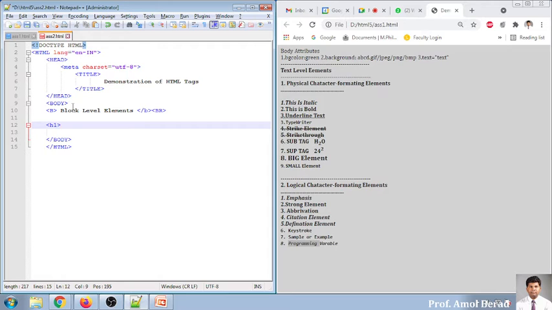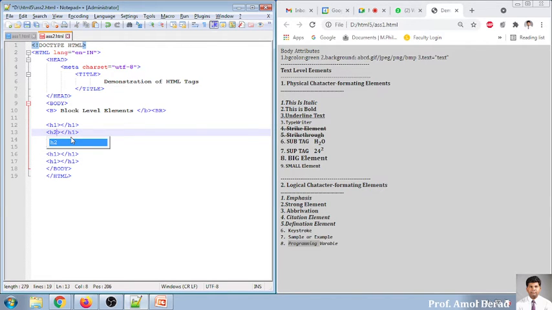We call it H1, H2. Very simple names. So I'll just copy this name: H1, H2, H3, H4, H5, and H6. These are the names given. And I'm changing the closing tags to 2, 3, 4, 5, and 6, because these are all double-ended tags.